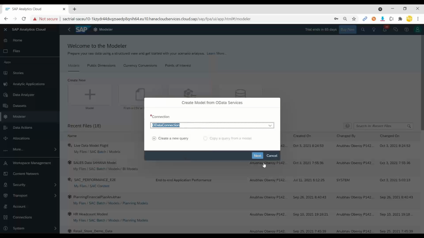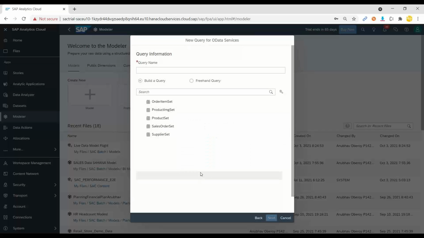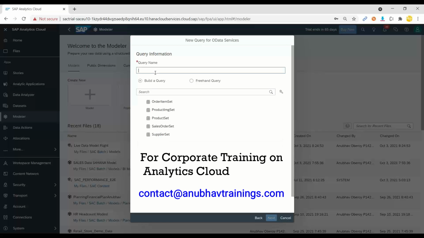I select that, I click on next, and now the system is automatically going to contact our SAP OData service and it fills up our screen with the list of all available entity sets. I would like to create a new query with a name, or we can leave it empty, because the moment we choose an entity set, the system will automatically set the query name the same.